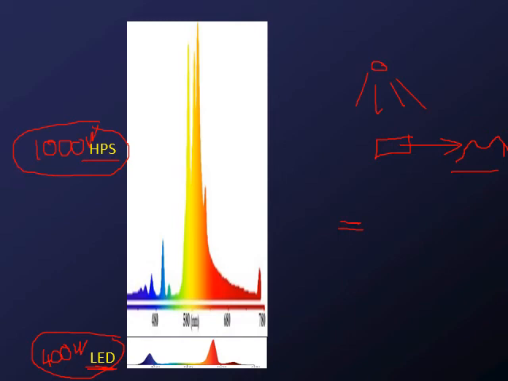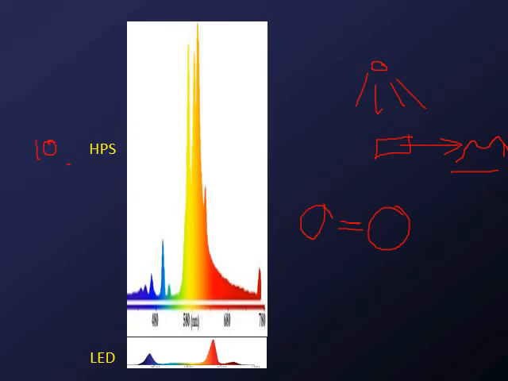So this one produces a lot of light. This one produces a fair amount of light, but 400 watts versus 1,000 watts. Apples to apples, they produce exactly the same amount of light that the plant sees. Now, where things get a little funky, and this is why mainly industry uses HPS,